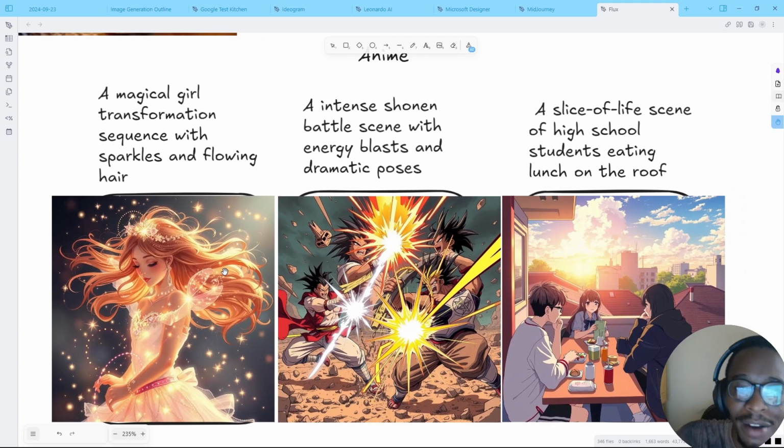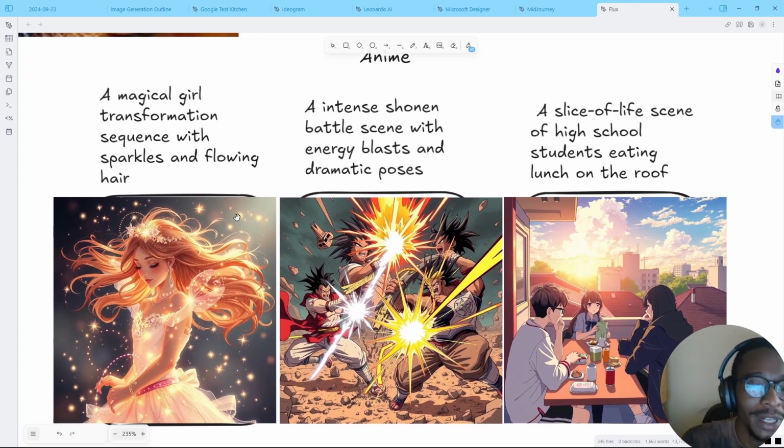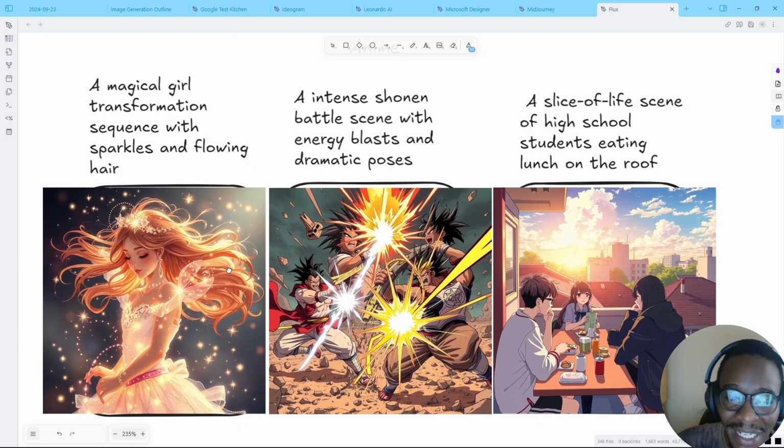The other category that we have is anime. When it comes to anime, I think it still lacks in performance. The first image does not really look as anime as it looks Disney, so I won't give it that. I feel like it has failed there. It tried to combine anime and Disney kind of characters, which was good, but not as good as it could have been. The second image is an intense shonen battle, which was good, but